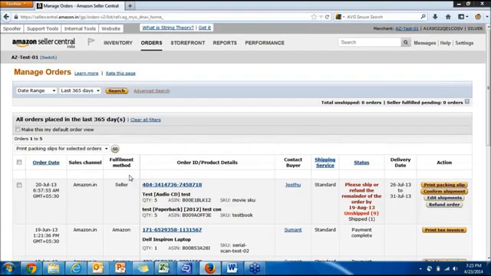So if you see the fulfillment method as Amazon here, as you can see for the second order here on my test account, it means that it's an FBA order. Otherwise, if you see here the fulfillment method as seller, it means it's a standard MFN order where you have to ship the product to your customer.